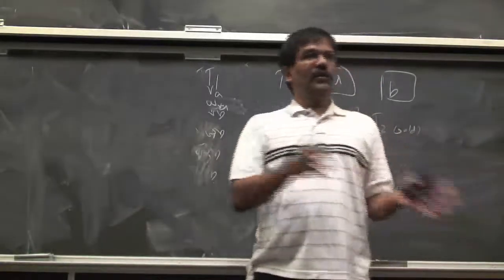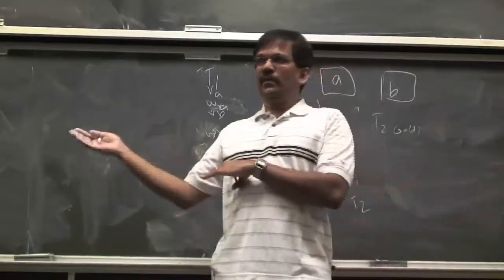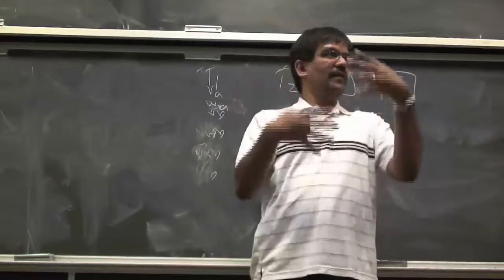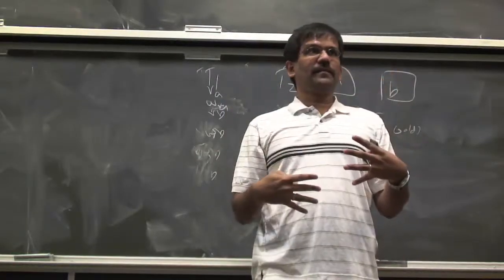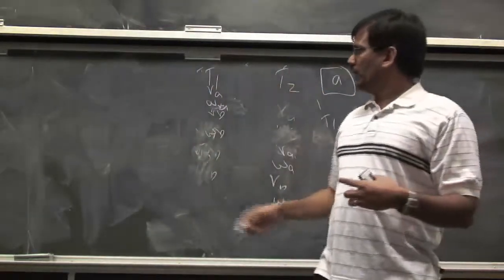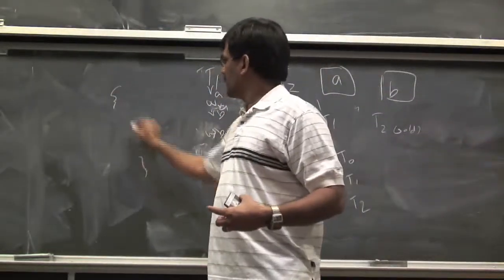Either be T1, T2, T3, or T3, T2, T1, or whatever. But they cannot interleave. They can happen in any one order, but not interleave. Right? So this will come into play if you have a struct with,